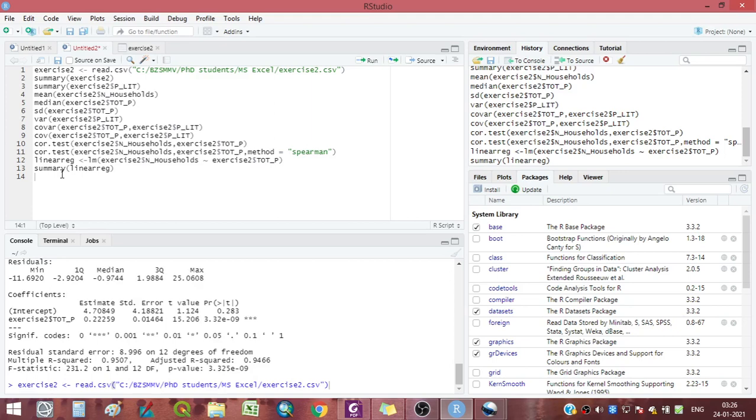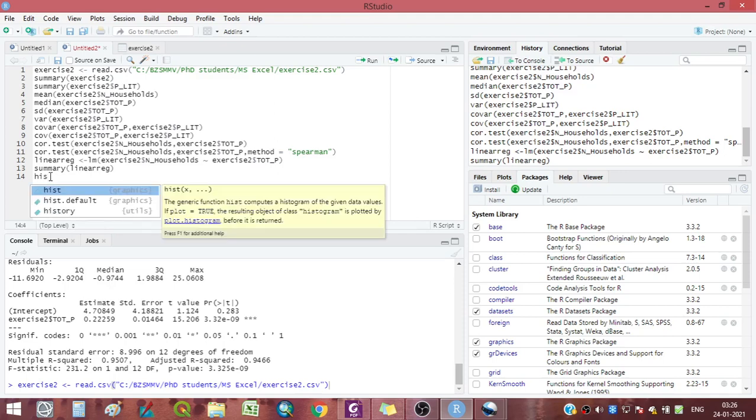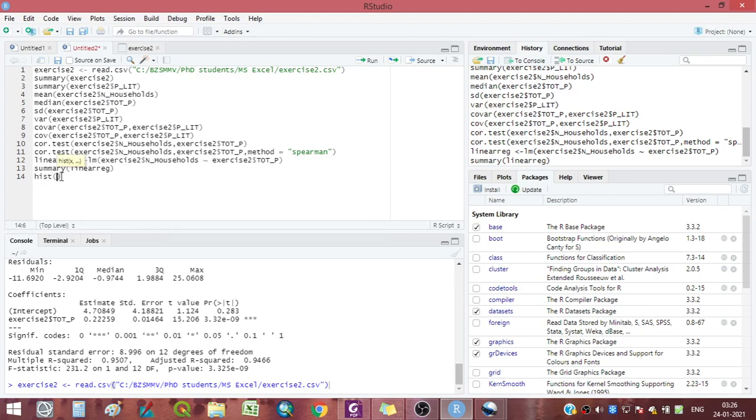Now if I want to have a scatter plot for this entire graph, or if I want to have a histogram for a particular data, so for that purpose what have I to do? Now I want a histogram. I just write hist, right? This appeared. It will automatically give me